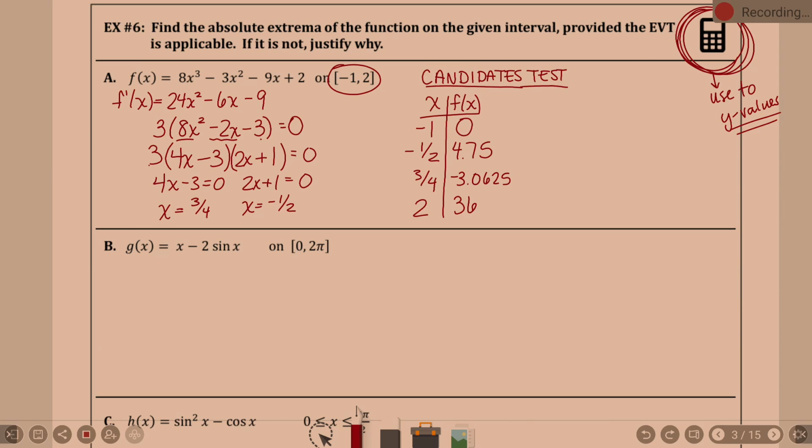Okay. No. You are plugging into the original problem every time. So notice I did say f of x, not f prime of x. That would be your clue there. But, okay. Now, our question